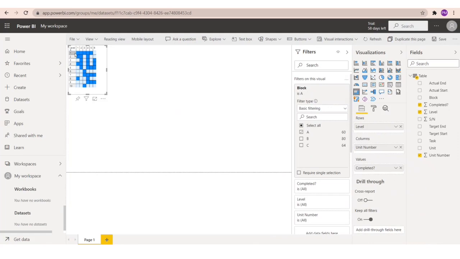At the report page, we can select to sort the level data of the chart in reversed order instead with level 1 at the bottom and level 10 at the top.